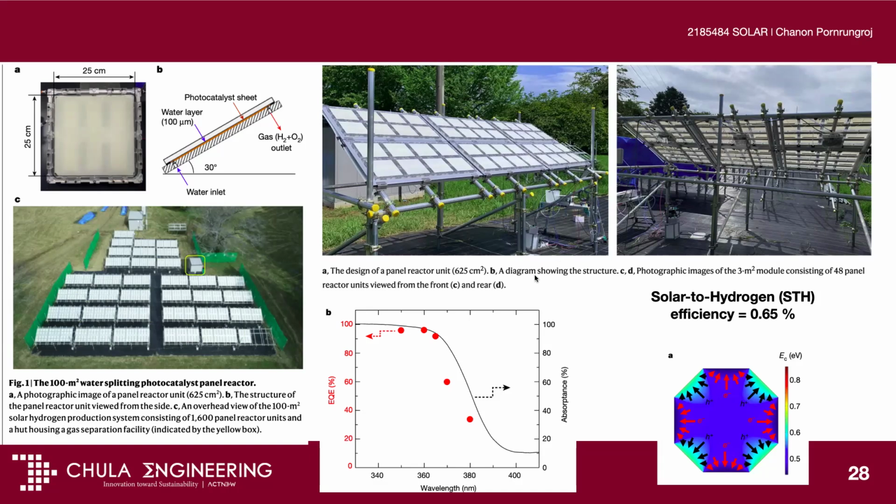And this is an example of when I said you have two options. You increase the absorption of your photocatalyst or you increase the EQE of your photocatalyst. This researcher, Professor Kazunari Domen, who has been waiting to get the Nobel Prize for the past 5 years. This year he missed it again, but hopefully soon he will get it. But yeah, this professor took that EQE route. So he chose this wide band gap material, but he tried to make it as efficient as possible in terms of the light utilization. So this material uses almost 100% of the incoming light in the UV region, meaning that